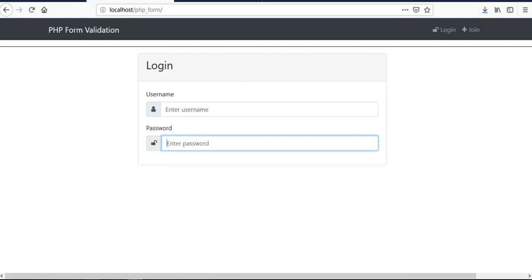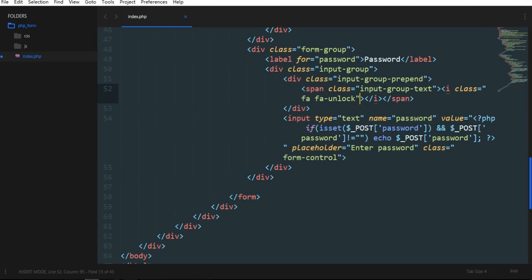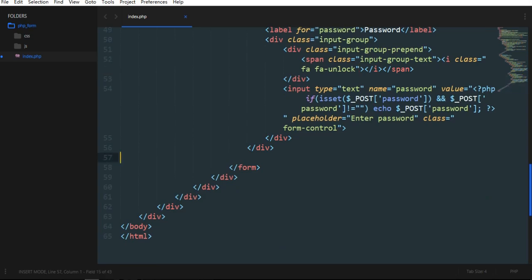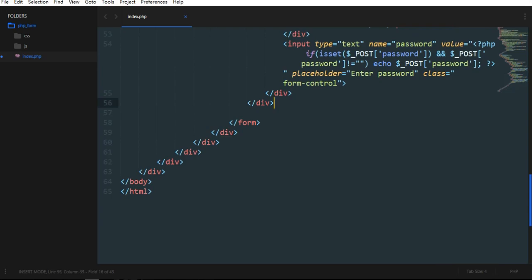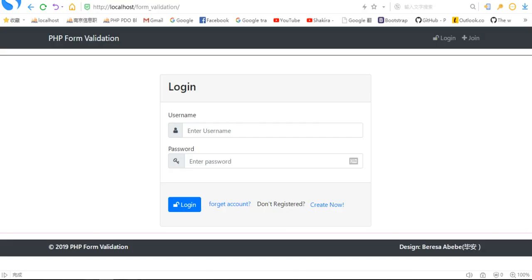Oh, it's good. Everything is changed. Next to this one, we need some button. Some button here. Some button for button. Let me check. You see, the button will be inside the card footer. So we need to use